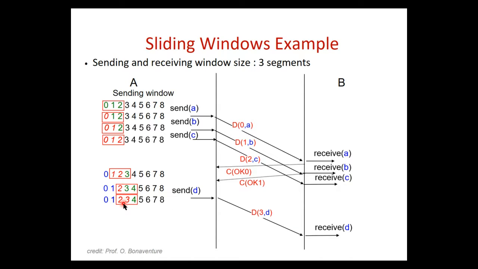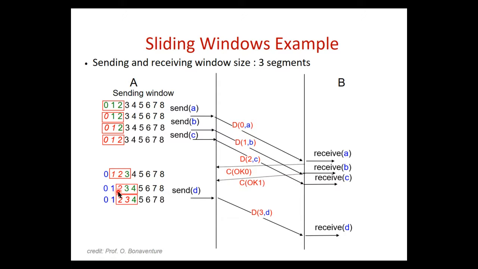So it's going to use the first green sequence number in the window, which in this case is 3, to send this new packet. It's not going to use the red ones because they have been used already, and they're waiting for the ACK, right? So 1 and 2 have been sent, but waiting for an ACK. And then here it receives ACK of 1, so we no longer wait for an ACK